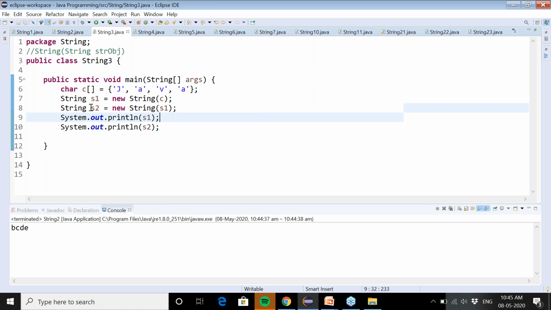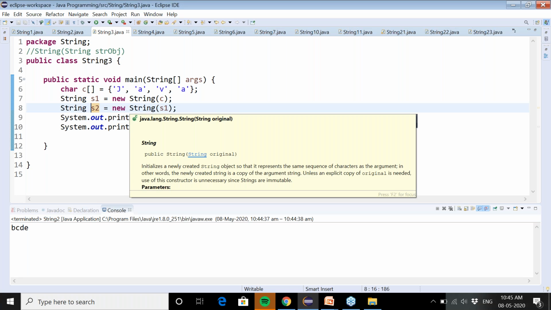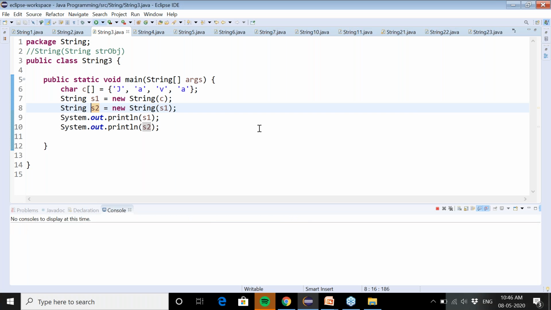After that we are printing s1 and s2. So you will get the two same strings, Java. So this basically is creating a copy of the string.